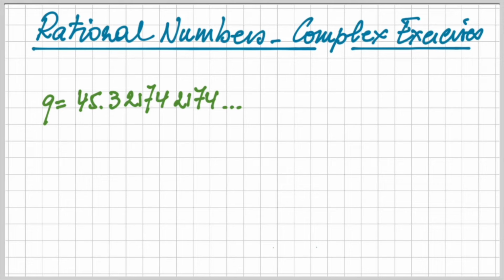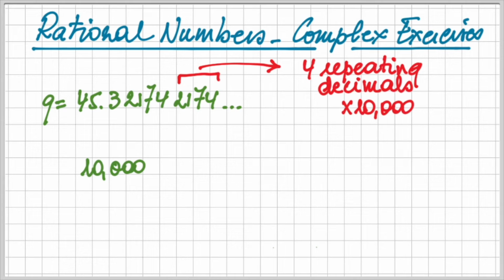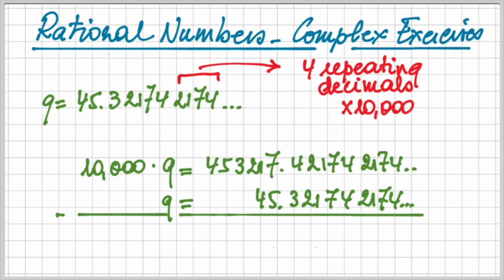And I say now that I have 45.321742174. And what we see, we have here 4 repeating decimals. So we have to multiply with 10,000. Let's do that. So we find here 10,000 times Q is 453,217.421742174. And we subtract Q from this number, and we find finally on the left-hand side, we have